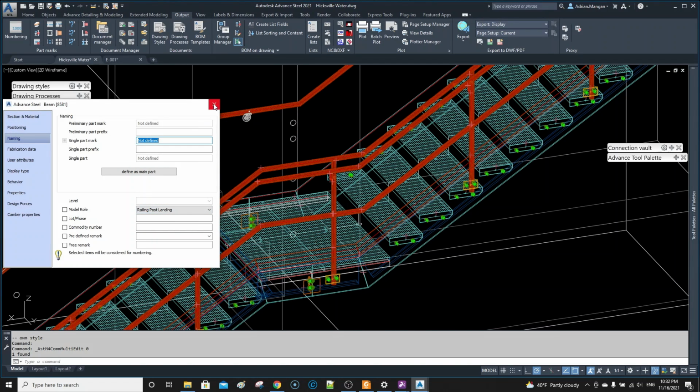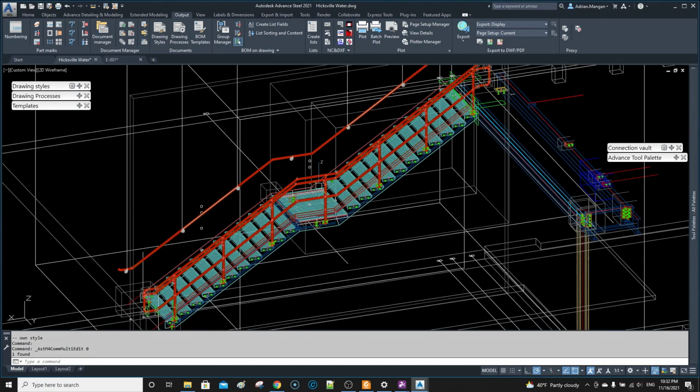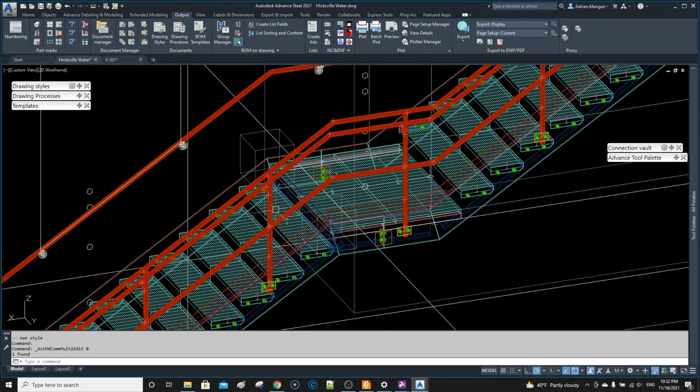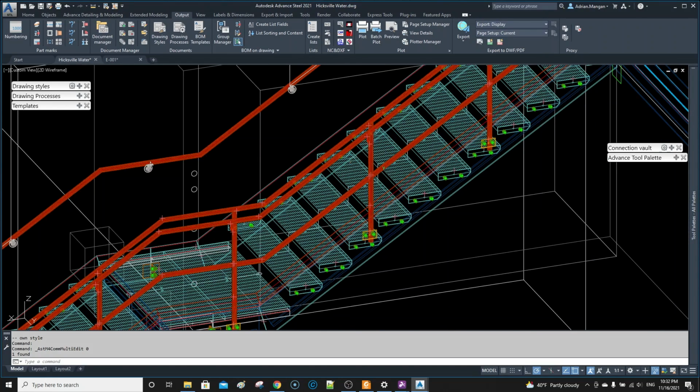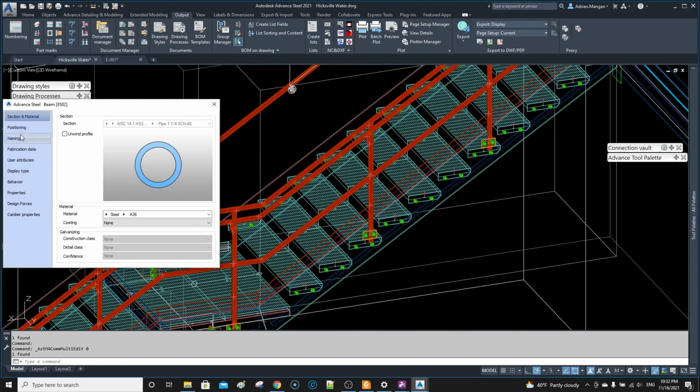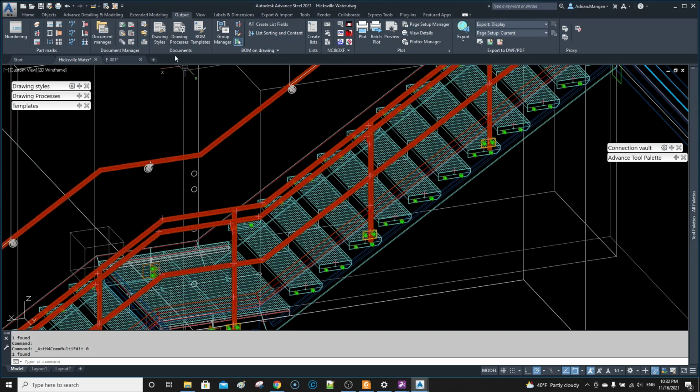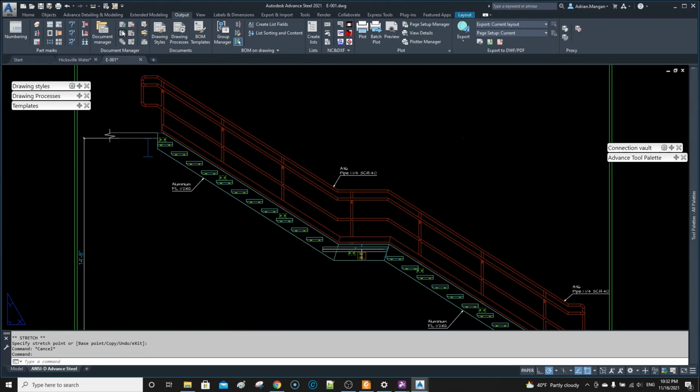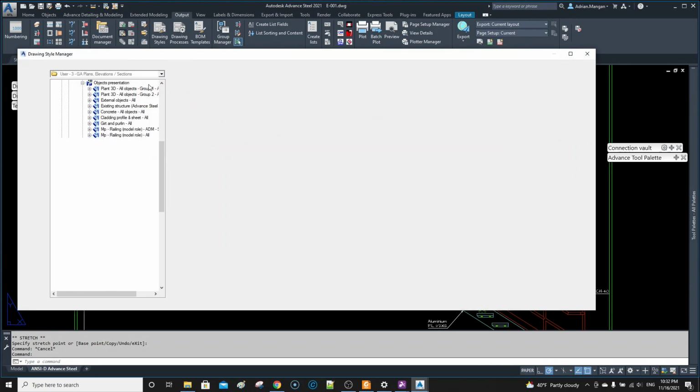So if we go in here, we click on this post, railing post landing. So what we might do is we might just add the label to the one on the landing. If we add it to these, it's going to add 6. So these are railing post stair and railing post landing. So go back here, come in here,